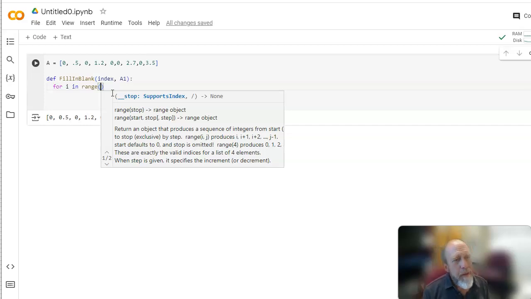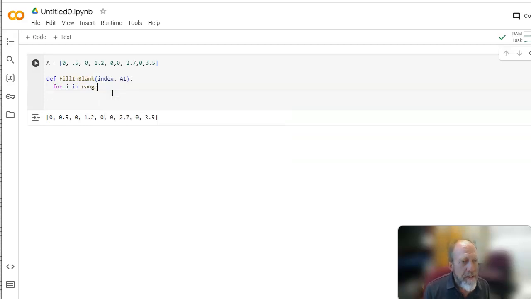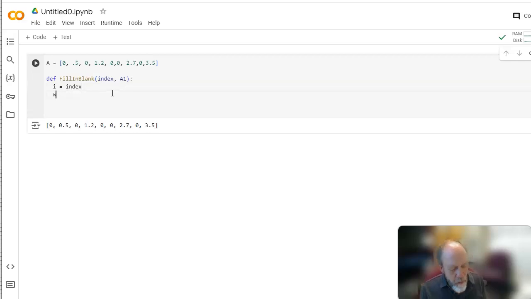Well, maybe I don't want to go there. I don't want to use a for i in range. Maybe I want to do a while. It's another loop. So let's say i is equal to index. I'm going to set a variable i equal to index. And then I'm going to say while